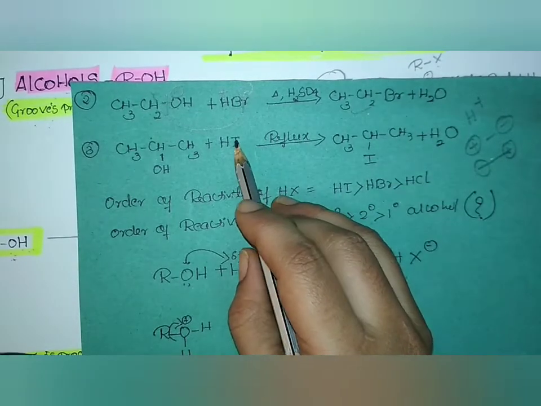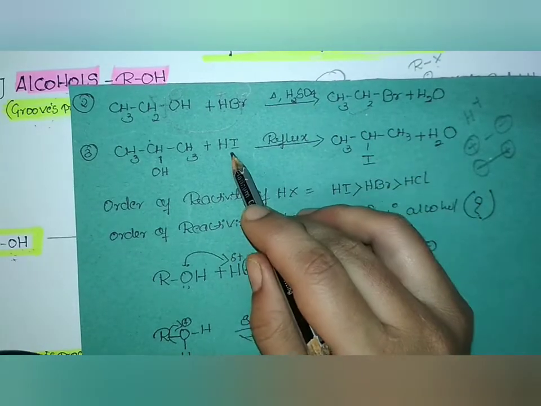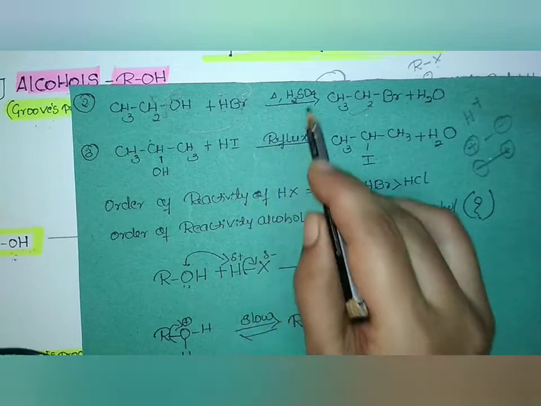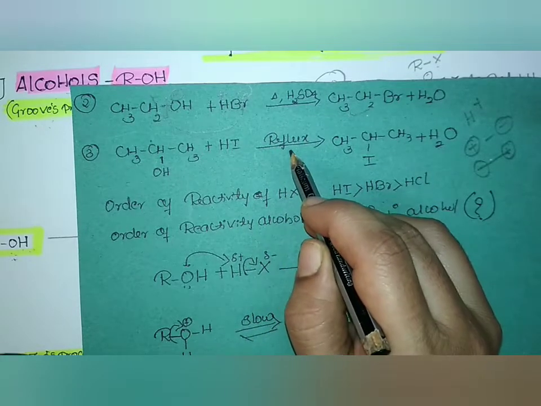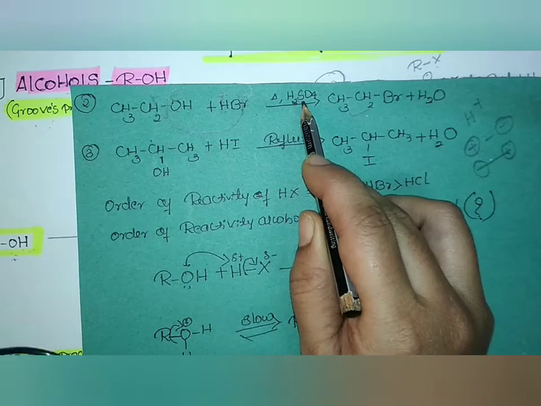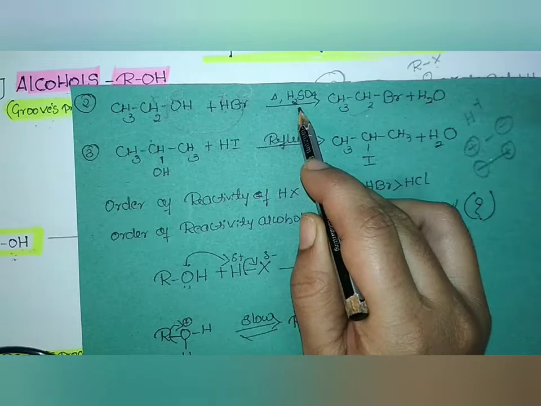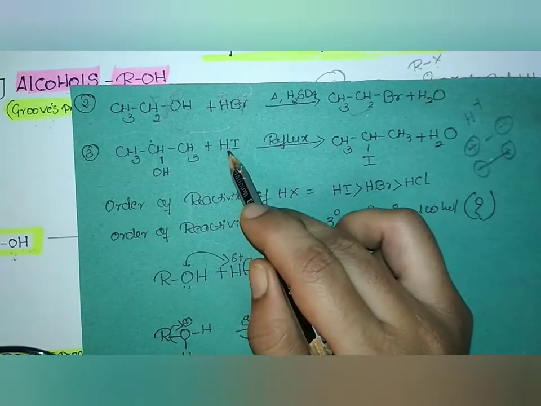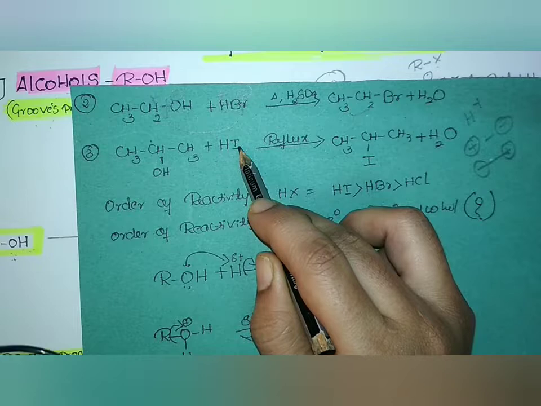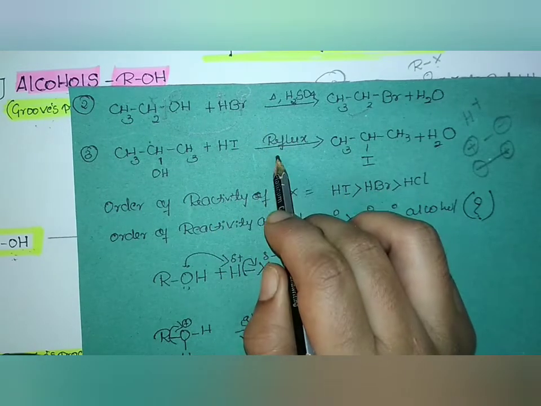Here is one point you have to concentrate on. While using HBr, I am using the acid, but when I have taken hydrogen iodide, I am not using any acid over here. It's because sulfuric acid will act as an oxidizing agent along with its acidic property. If I take sulfuric acid here, it may oxidize the iodide from the hydrogen iodide. So for that reaction, we are not going to use sulfuric acid. This is how the reaction takes place.